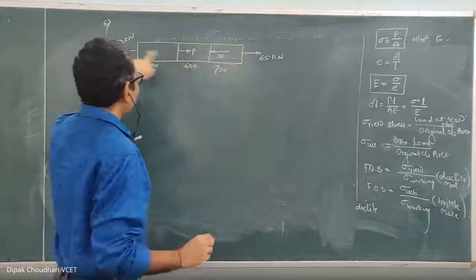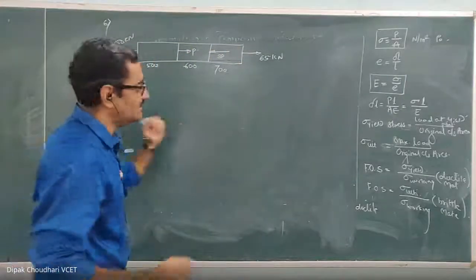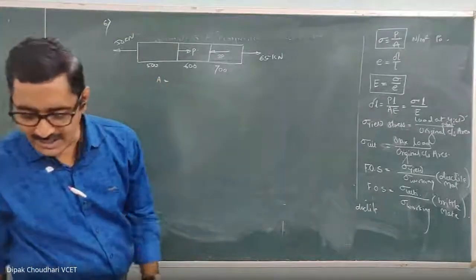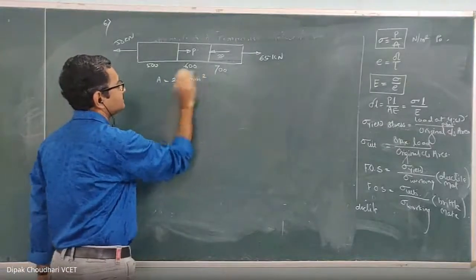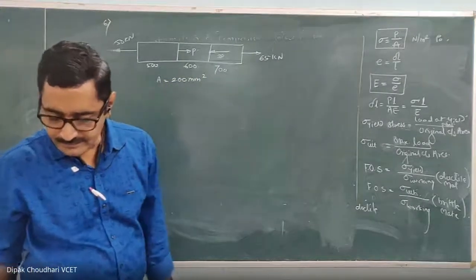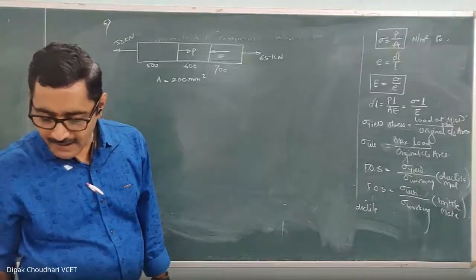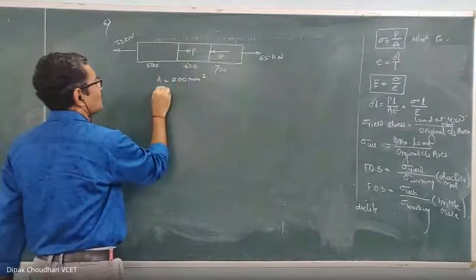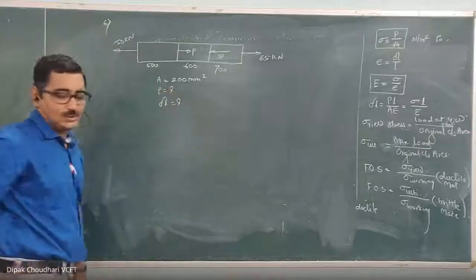Okay. Axial forces are varying because of these intermediate forces in this part. So cross-sectional area is same, A1 equal to A2 equal to A3, and it is given as A equal to 200 millimeter square. Find the value of P and the total elongation. Here you have to calculate the force P and total elongation because of this force system. How much is the total elongation?